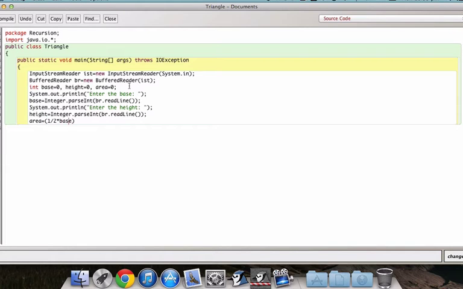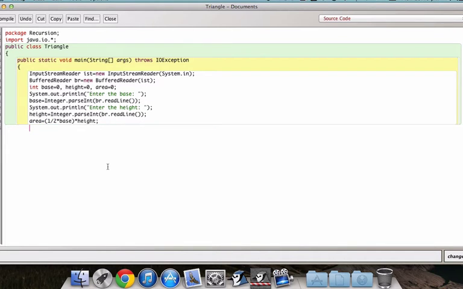So half of base into height is our area, so that will calculate the area. These asterisks are multiplication signs. The / is your division sign, and then obviously you know what equals to means, so I don't have to